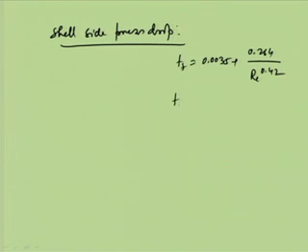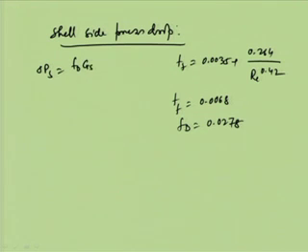Then we can get FF equal to 0.0068 and FD equal to 0.0278. And now, if we apply here in case of shell, delta PS is equal to FD GS square DI into NB plus 1 divided by